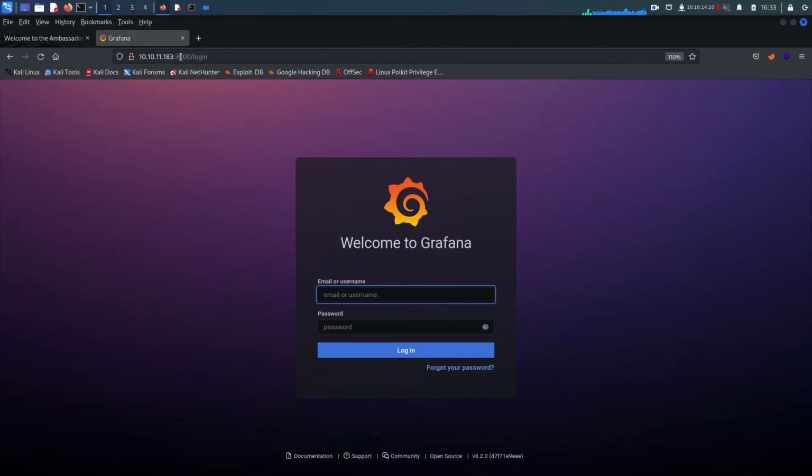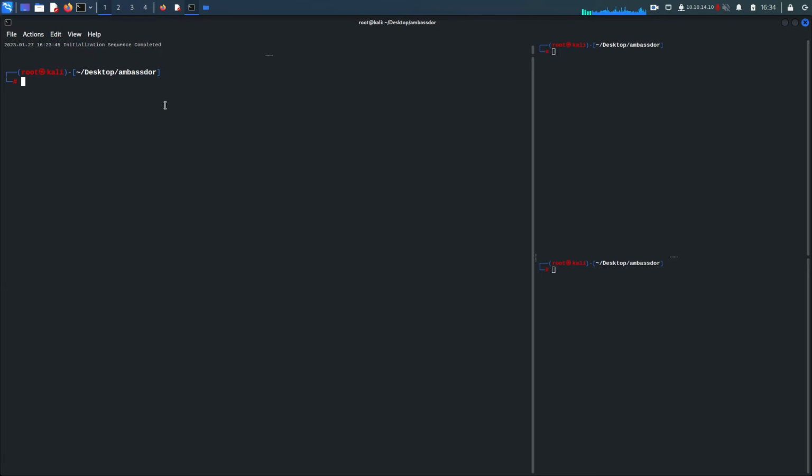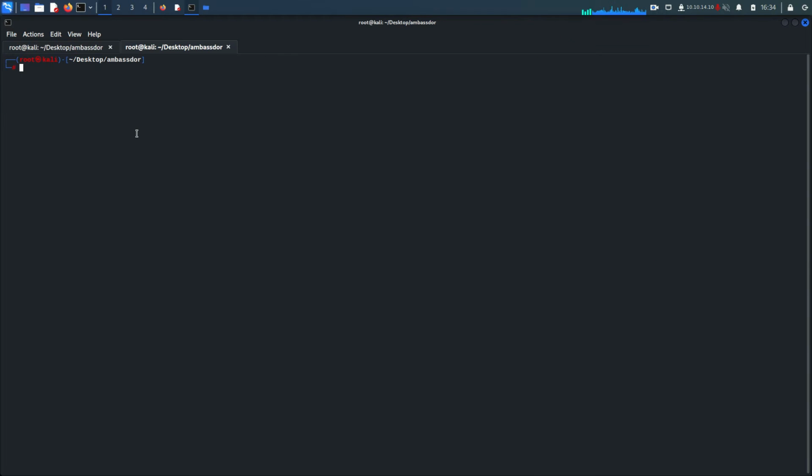Fine. Back to port number 3000, and here we can see that there is a login page, as we saw in the nmap scan, and the application running here is Grafana. The most important part here is the version. We can see version 8.2.0. So by seeing this, I totally agree to go with